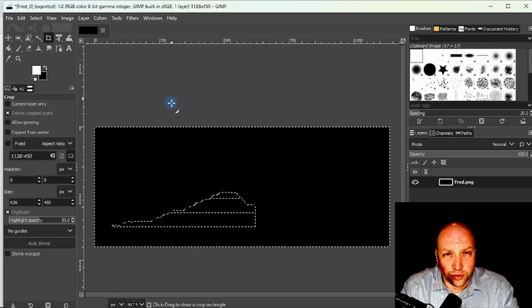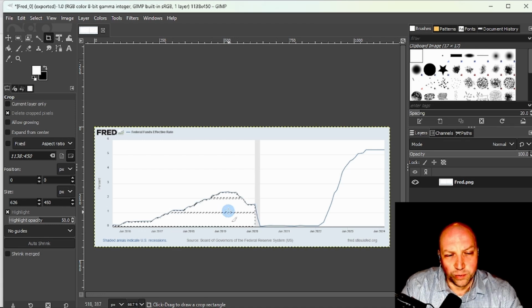So I'm going to hit Control-Z a bunch of times till we're back here where we have the first part here selected. Now, once we make our word clouds, we paste them together. We're going to have two nice little word clouds here with a white background. I'll show you this in the code here in a second. But we need to make a Fred graph with transparent sections where these selections are. And then we're going to overlay that so we get this nice Fred graph as our background for the word